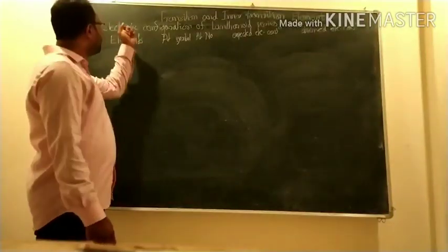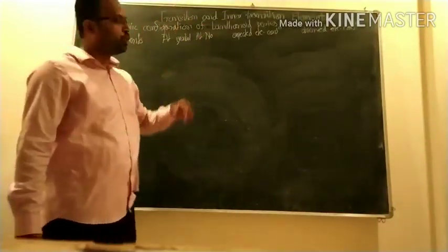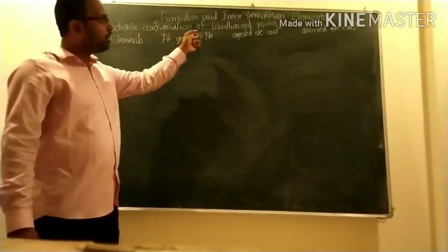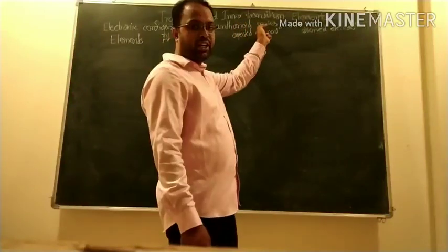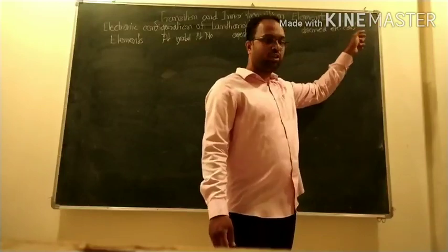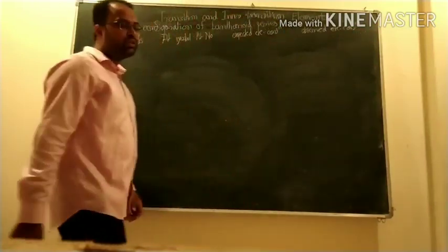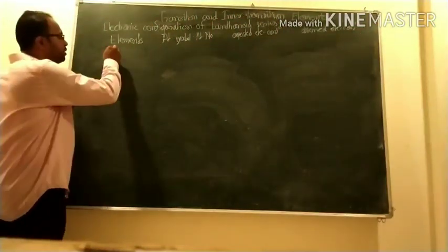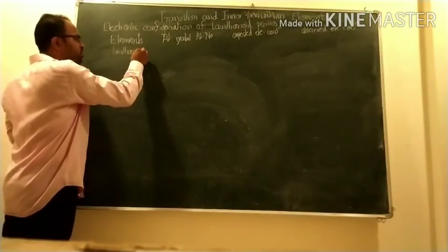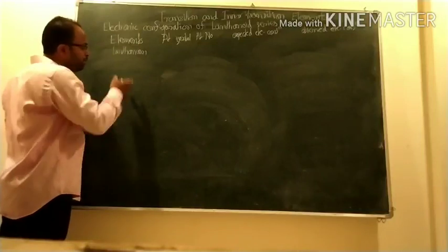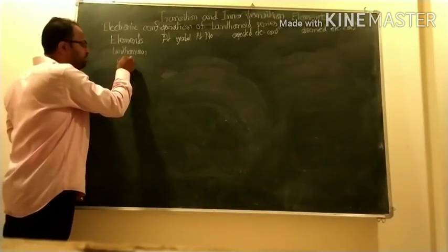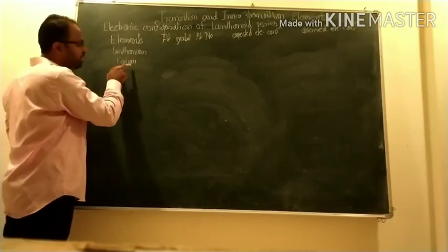Now we start with the new point, the electronic configuration of the lanthanoid series. So we see the element, atomic symbol, atomic number, their expected electronic configuration, and last the observed and actual electronic configuration. So we now start with the series of elements. The first element is lanthanum. It is not actually part of the lanthanoid series, but we start with lanthanum. After that, the first element in lanthanoids is cerium,